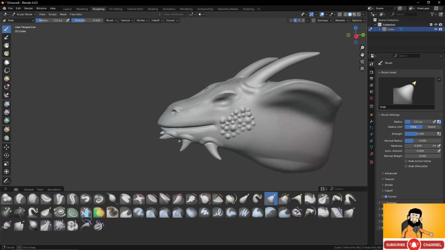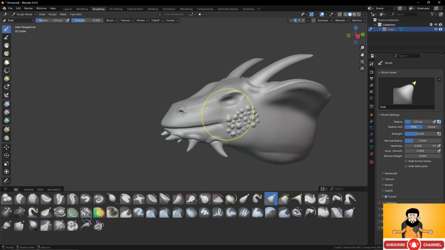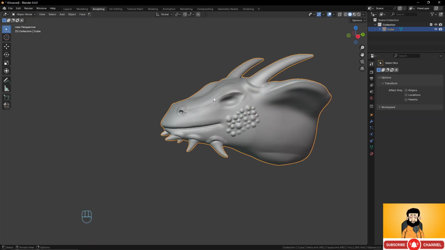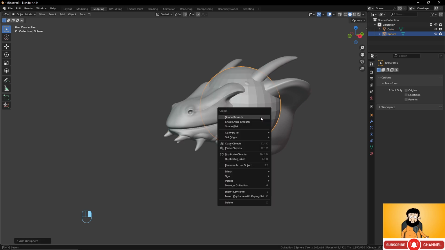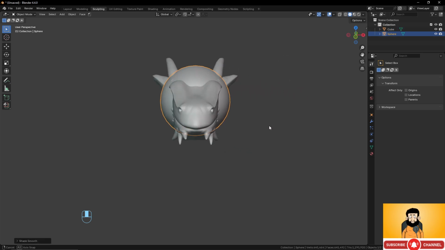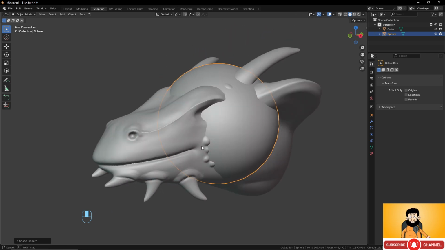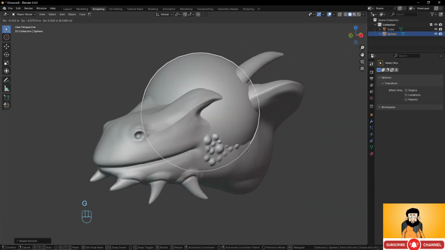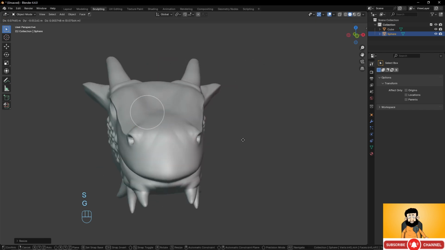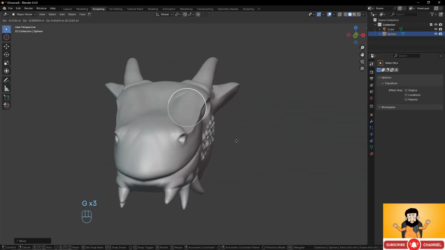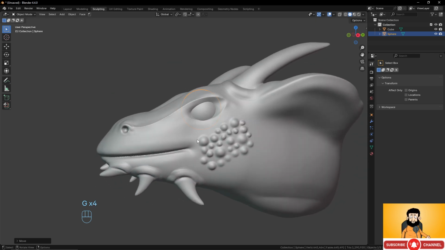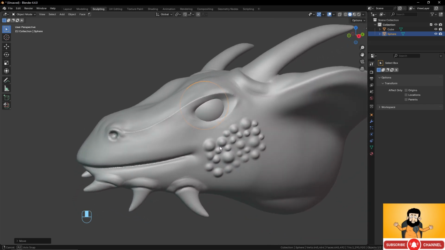So what is good in that case, for example, you could continue and increase the level. What is good here is to just add eyeballs, which can really help. So what you do in that case, you just make shade smooth here for just an eye, and you place it well into the space. So let's place it here into the ball and into the hole that we did create. The eye is usually bigger than what we think,